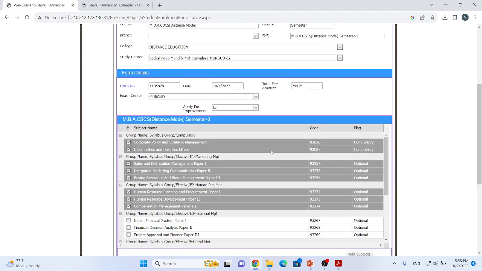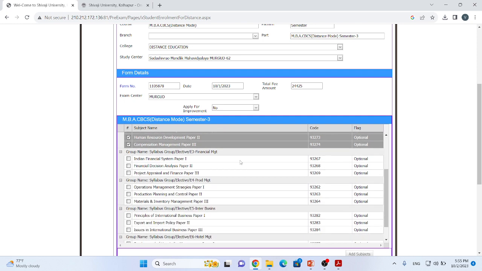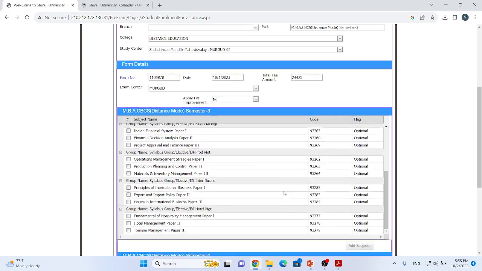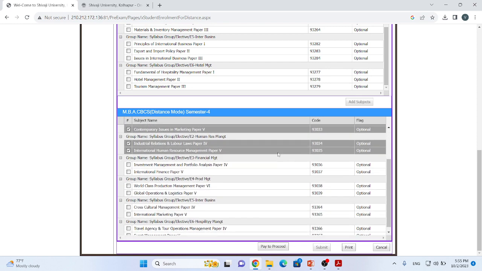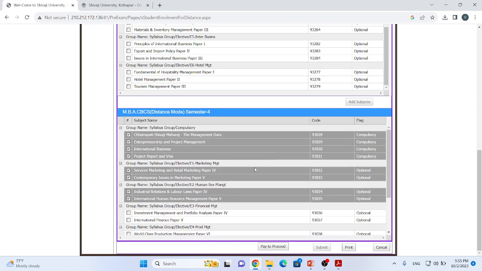Suppose I want to take admission for second year MBA with electives as marketing and human resource management. Ultimately, semester 4 will be filled automatically with the same electives and compulsory subjects.